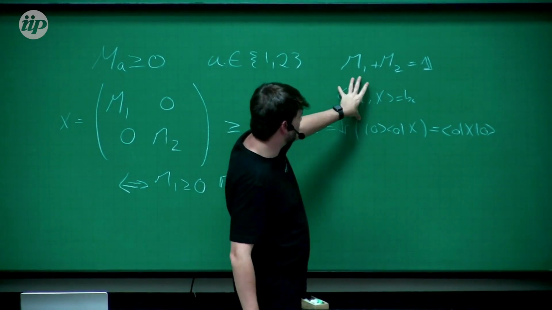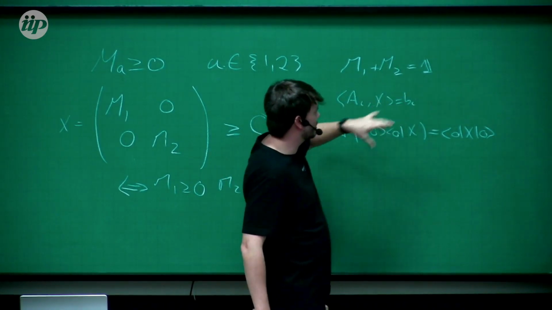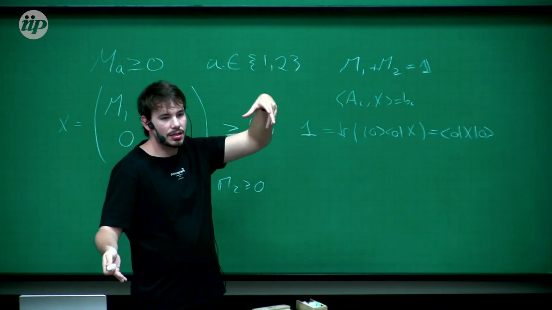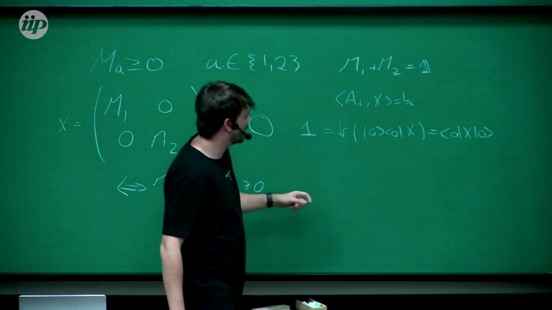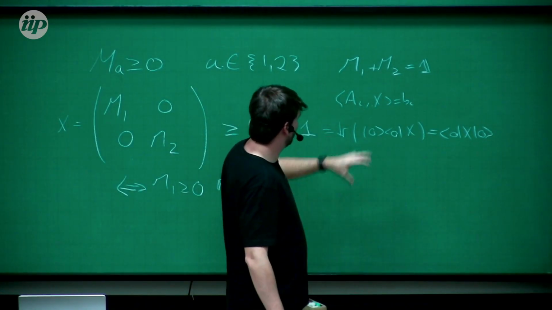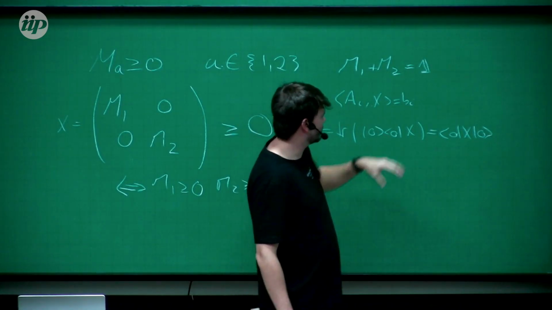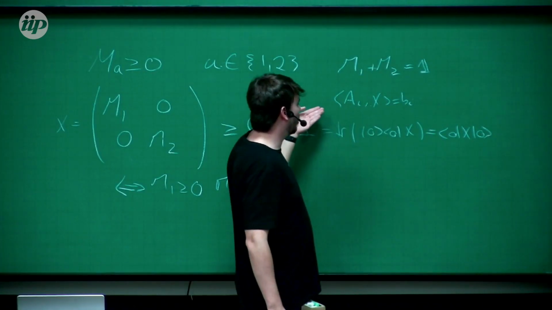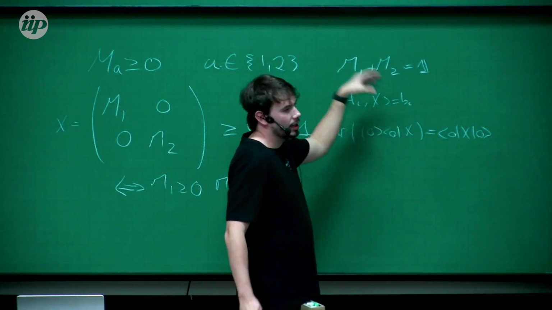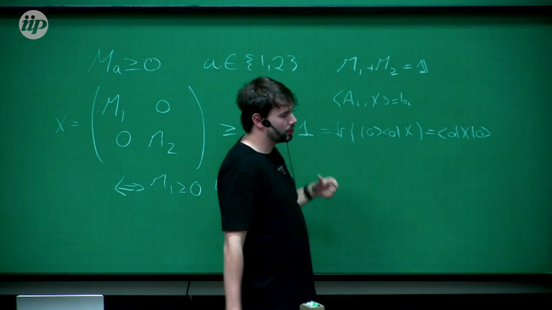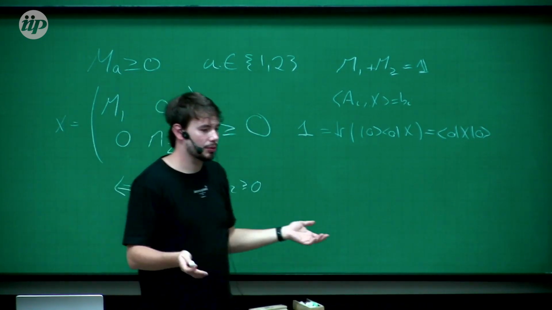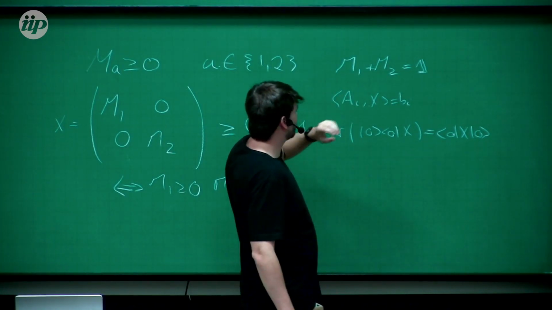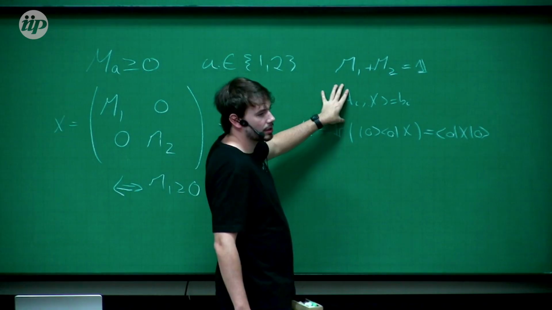So to go from constraints like this to constraints like this, all we need to do is to introduce a basis for these matrices, right? And take the trace of the basis with the left-hand side and take the trace of the basis with the right-hand side. And then if you have equality for all the traces in that basis, then the two matrices are also equal. So this is also the standard way how you can, for instance, massage a constraint like this one into a constraint like this one.